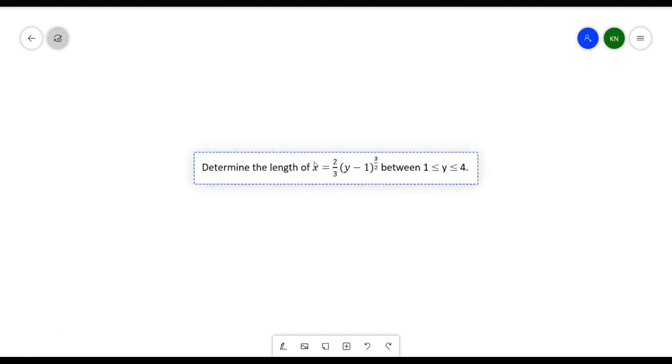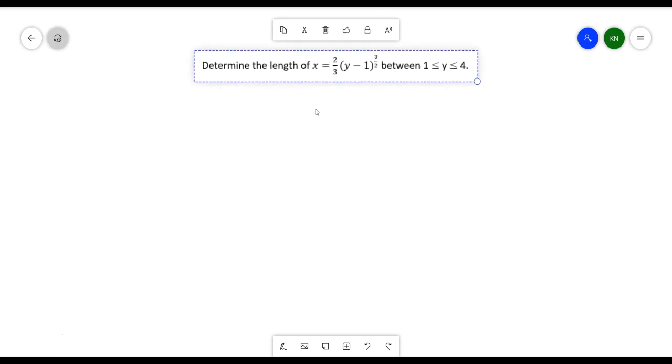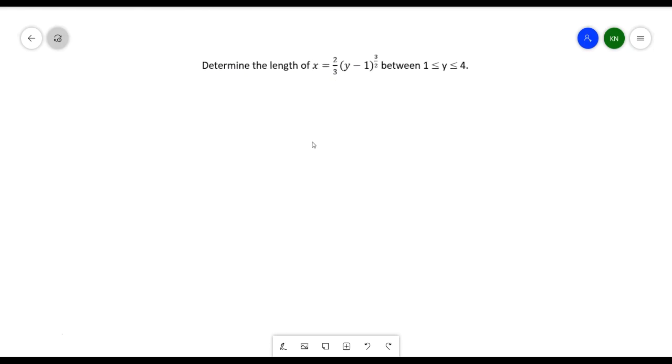So in this case, as you can see, our given function is equivalent to x, meaning to say we will be using the second equation. We will be finding the integration or the length of the curve of this problem with respect to our y. So in this case, we need to find the derivative of our x, which is